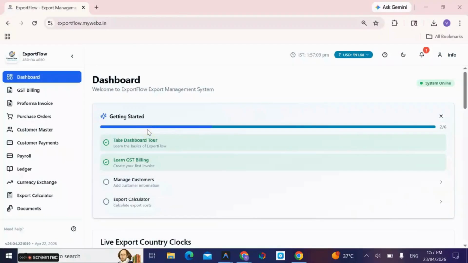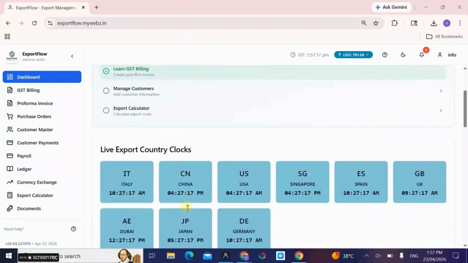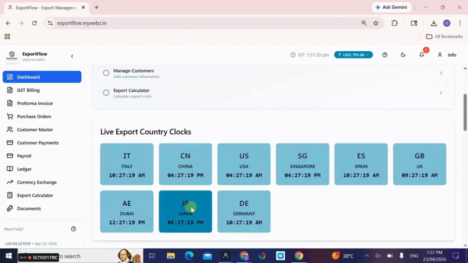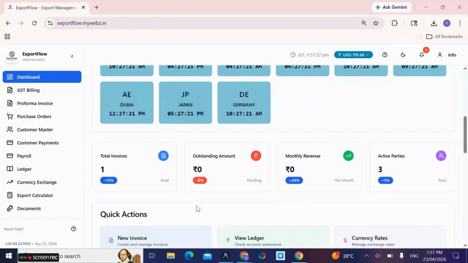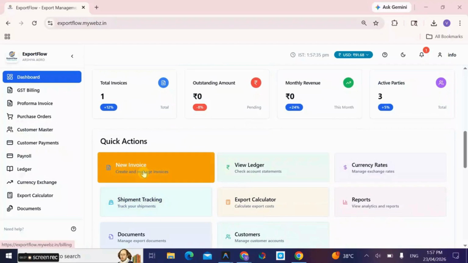This is the Export Flow dashboard, where you can see all the important information of your business in one place, making it easy to track your business. Here you can also see country-wise live clocks, along with total invoices, outstanding amount, monthly revenue, and active parties, which you can easily track. There is a quick actions option here, which allows you to directly create a new invoice